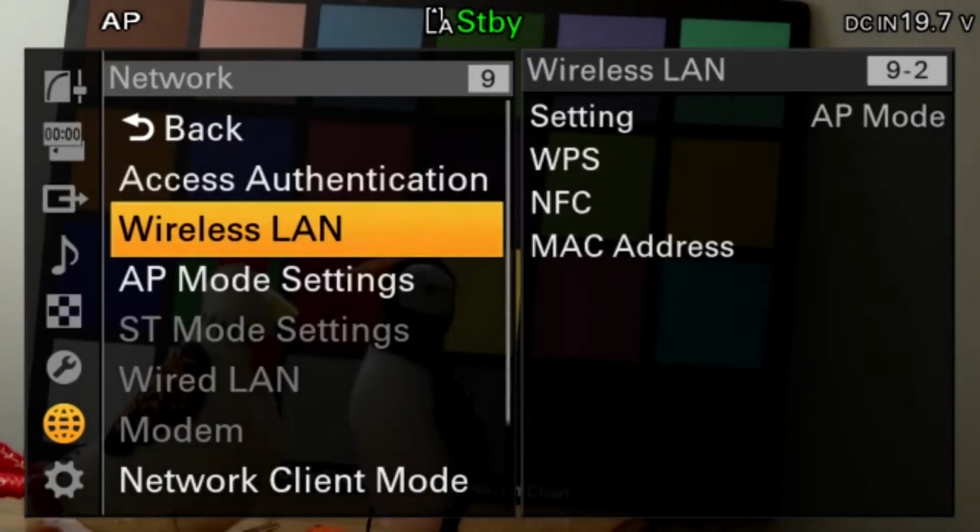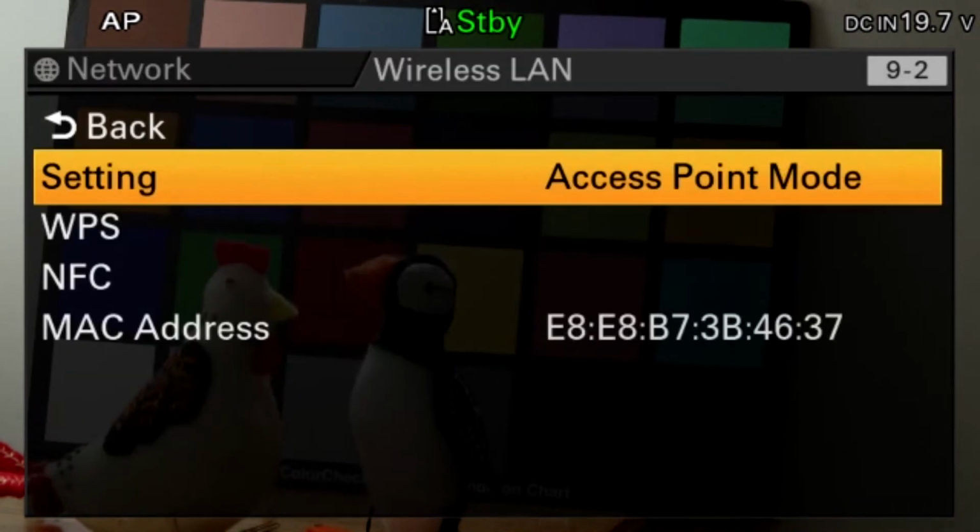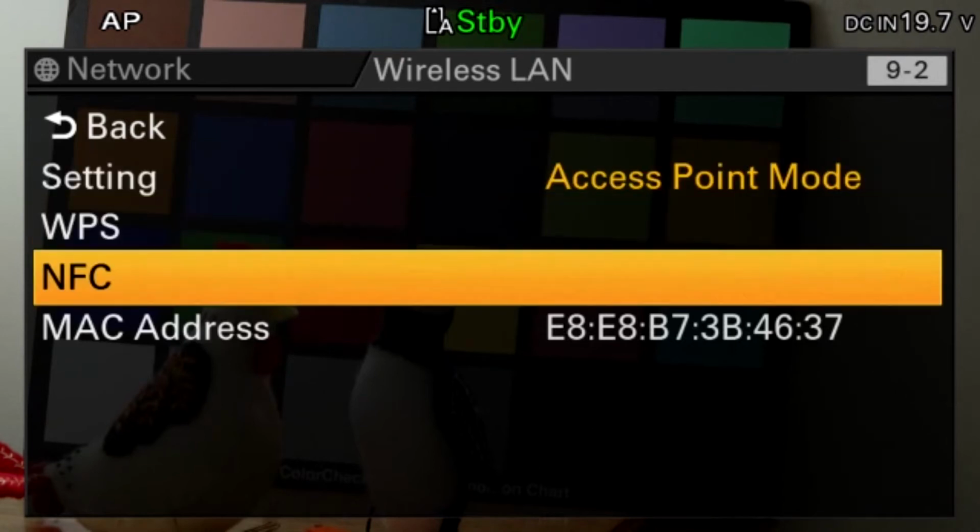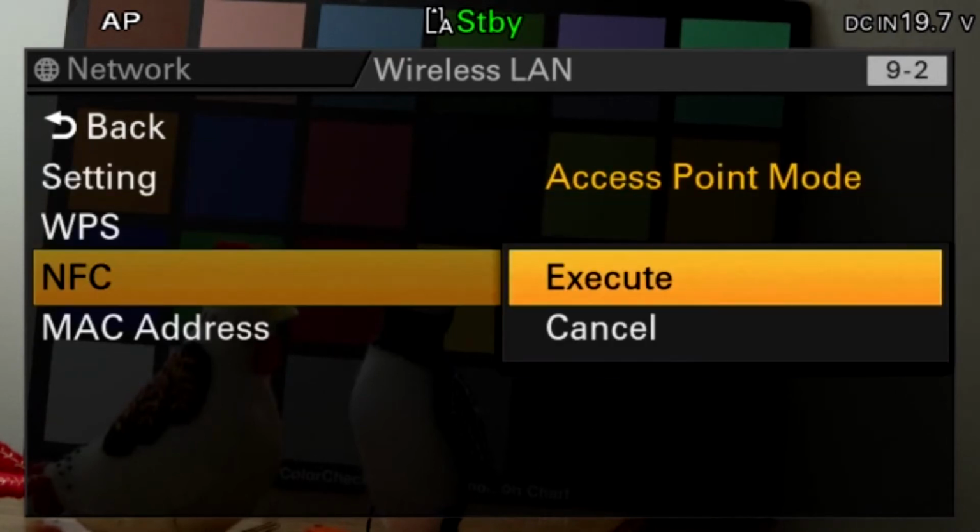And I want to connect to it, and there are different ways of authenticating yourself to make sure you're the right person. I'm going to use near field communication on my phone, with a bit of luck. I'm going to switch on near field communication, and with a bit of luck, when I tap my phone on the side of the camera here,